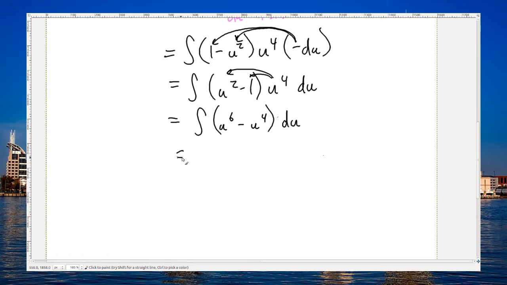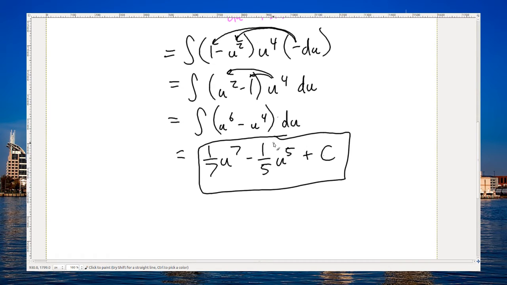And good news, I can integrate that. That's just a simple reverse power rule. If I integrate u to the 6th, I get u to the 7th with a 1/7, minus u to the 5th over 5, plus c. Now it's tempting to